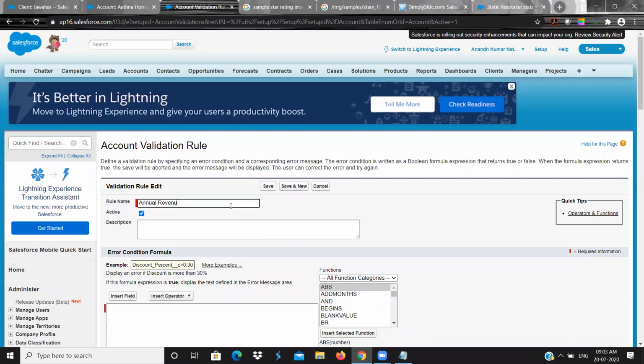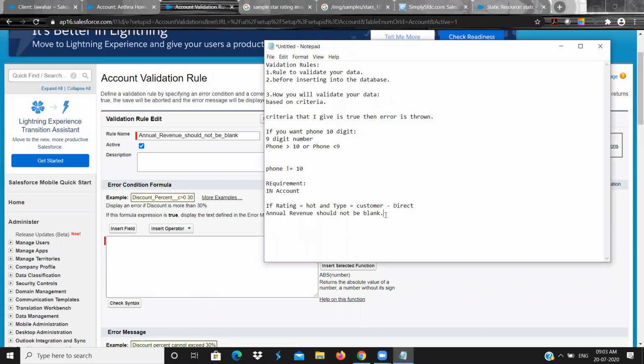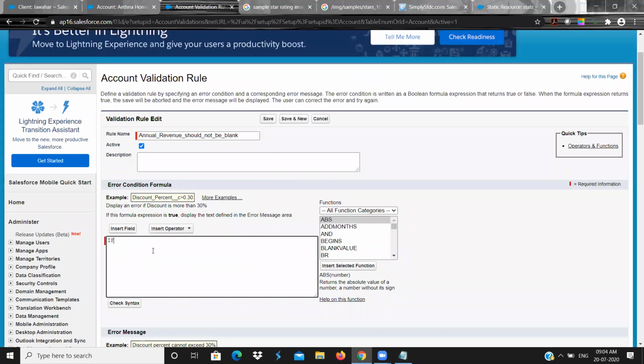Annual revenue should not be blank. Any description if you want you can give, or else you can leave. I wanted to check a condition: if rating is hot, type equal to customer direct, annual revenue should not be blank. So I will be using if.